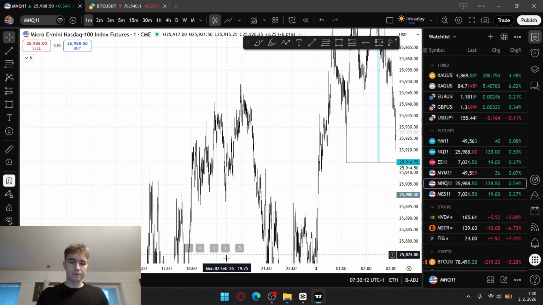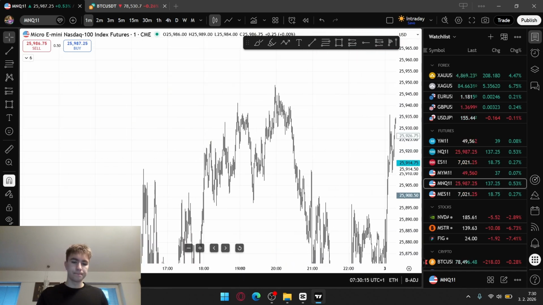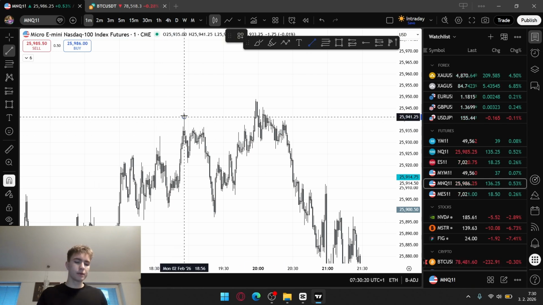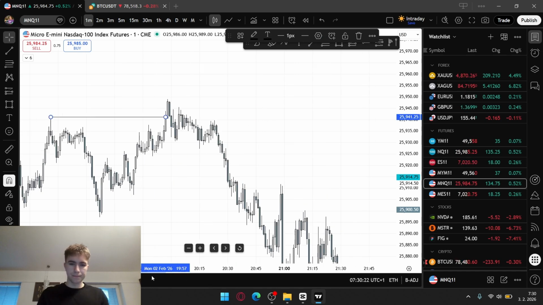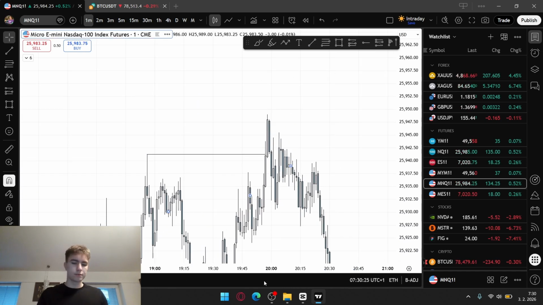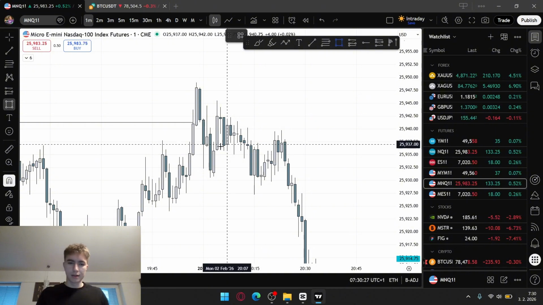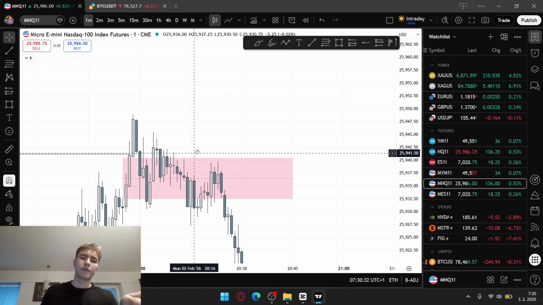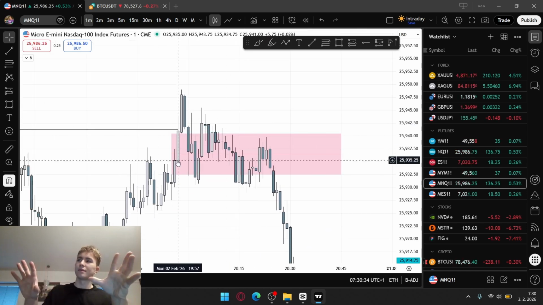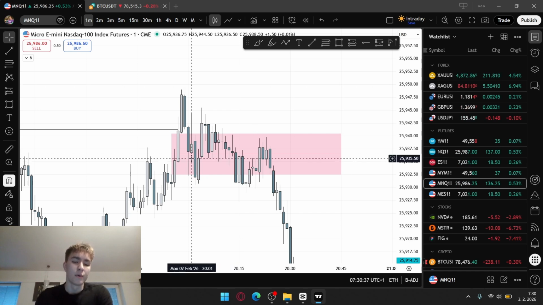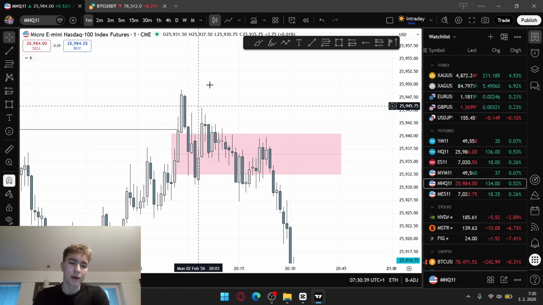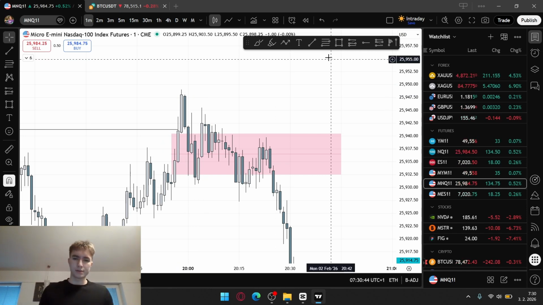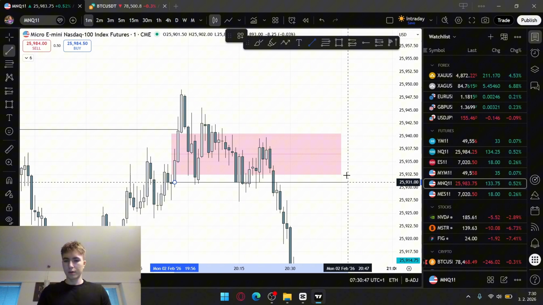Maybe another example. Yeah, like here. Swept the internal buy side liquidity. Let's zoom out. Oh, zoom in. And the latest fair value gap is this. You can see that I marked it up because we have two fair value gaps actually. But when I see two fair value gaps overlapping like that, I just combine them and draw it as one. Then we got the change in state